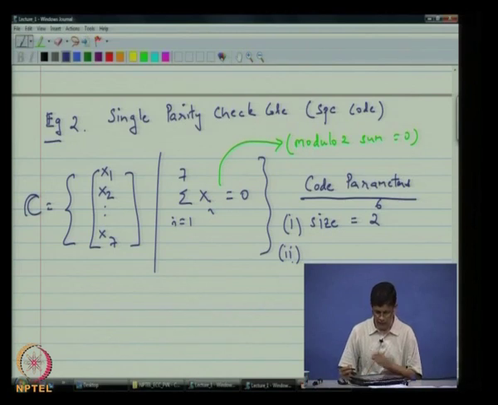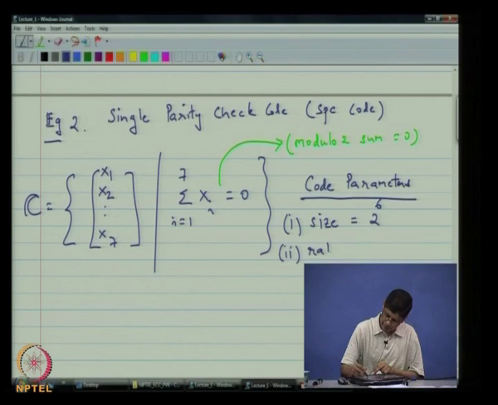The block length of course is 7, we have chosen that. The rate of the code is, we are going to take the log of the code size to base 2, divide by 7. So, that will be 6 by 7,